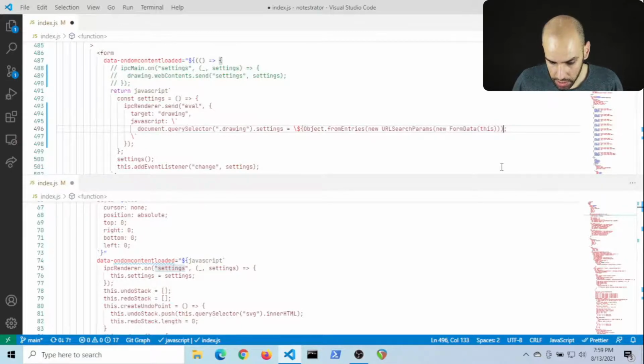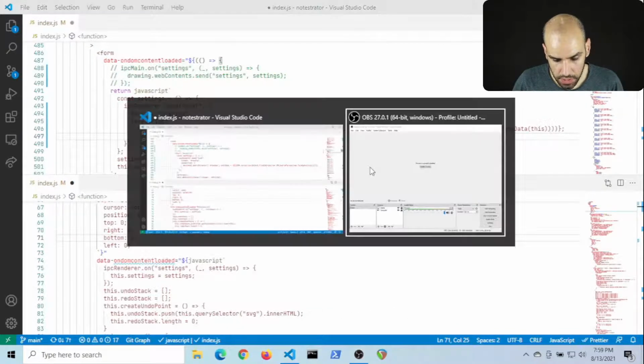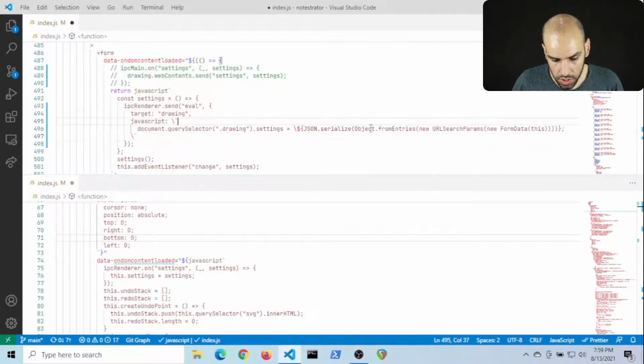And in there, I can JSON serialize this. I wonder how URL search params are serialized. Maybe I can just JSON serialize without object from entries.